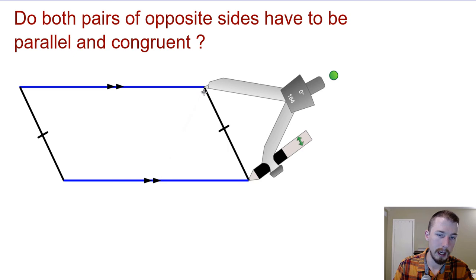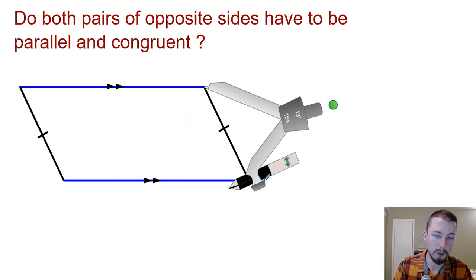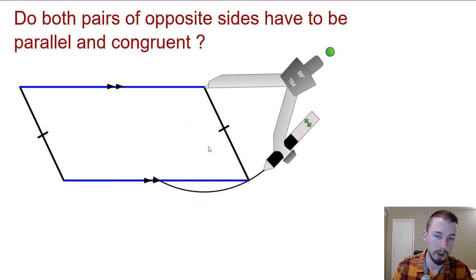So to show you that, we have this length here, and as I swing it in with the compass, you'll notice that we could have the exact same length over here that's going in instead of going out. That's still congruent in length, and the blue lines, of course, would still be parallel. So instead of having a parallelogram, if it swung to the inside, they would no longer be parallel. They would in fact have to be an isosceles trapezoid, which we will talk about,